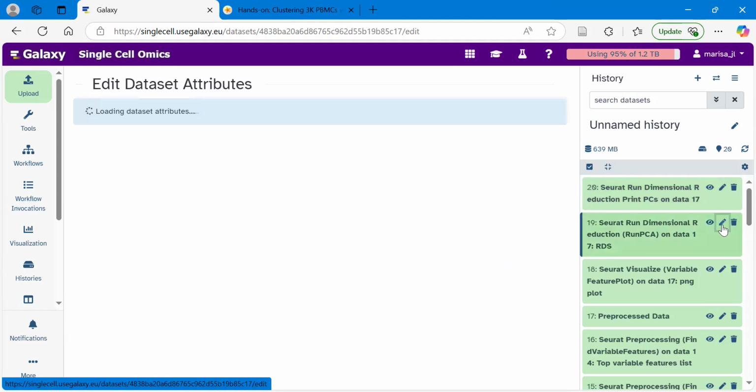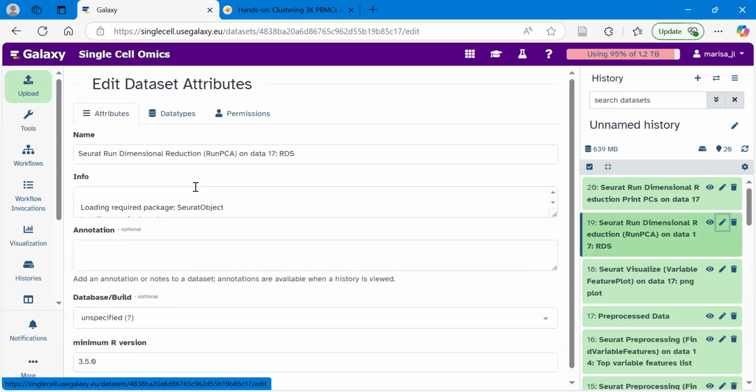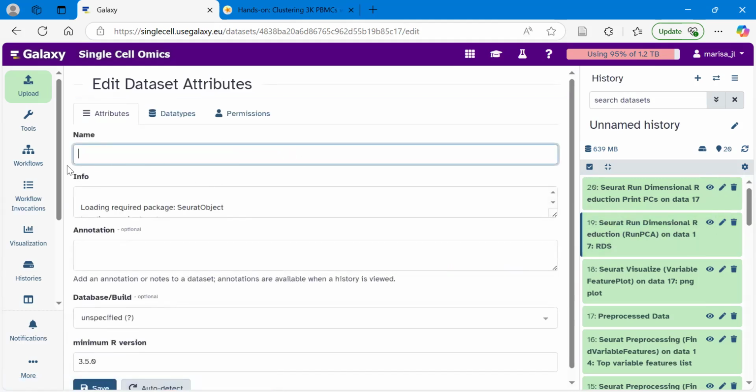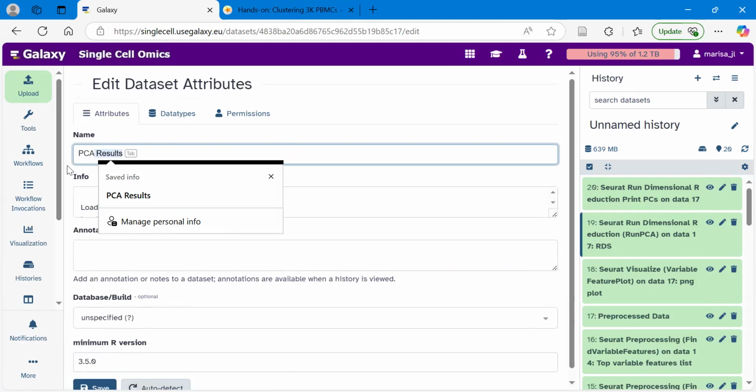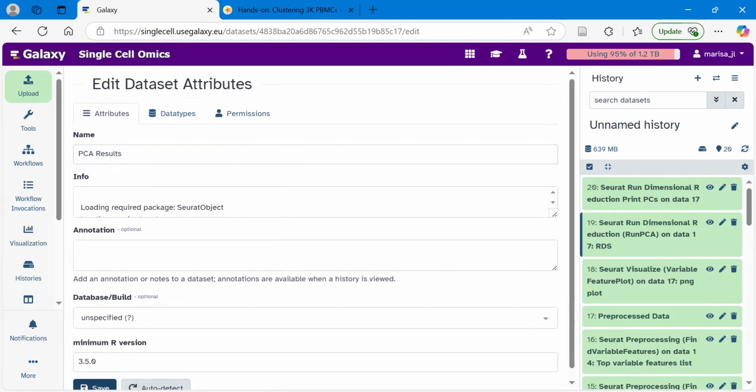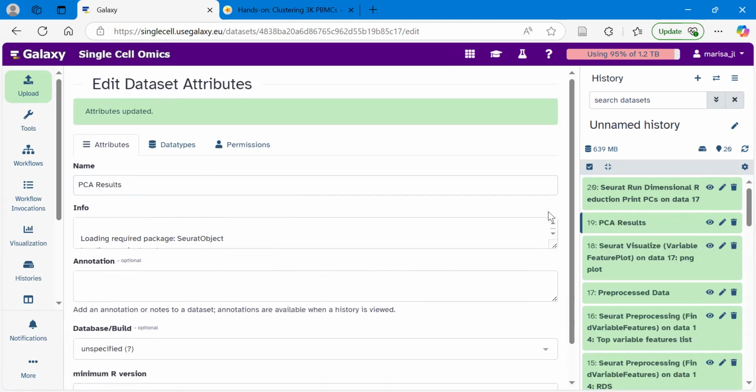So clicking the little pencil icon. And then I'm going to call this PCA results, just so that it will be easy for me to work with later on. And then click Save to change that name. There we go. So the tutorial will guide us through various visualizations of these PCA results,